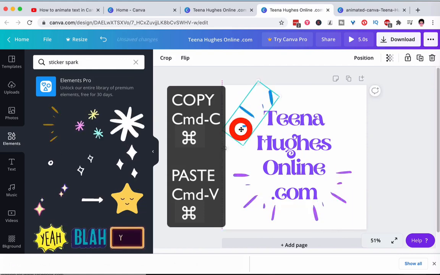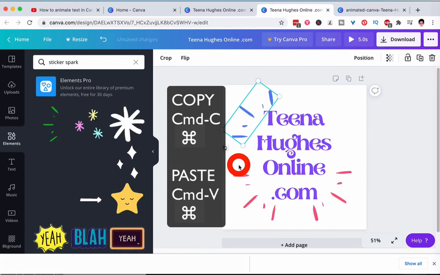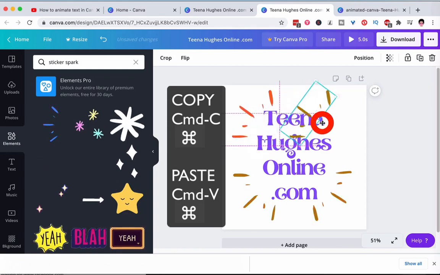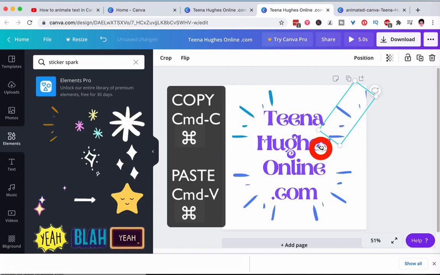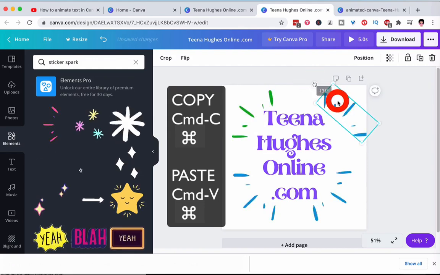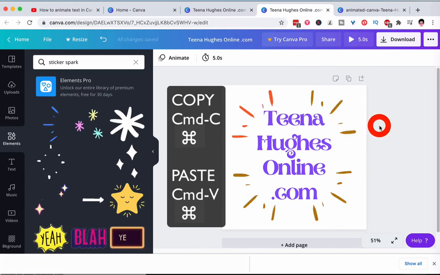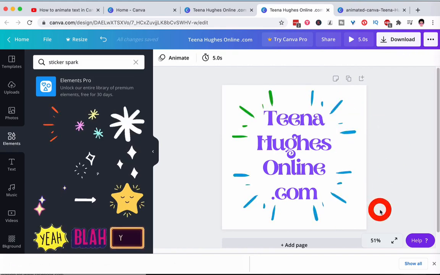Drag it into position, and it's entirely up to you where you place these. So after I've got these sort of in position, I drag them around a bit. So I'm going to copy this last one up here, drag it over to here. I'm going to grab the little symbol that allows me to turn the image, and then drag that in a little bit closer.